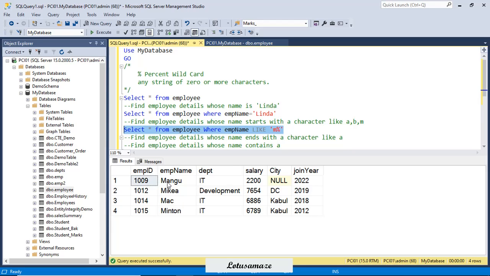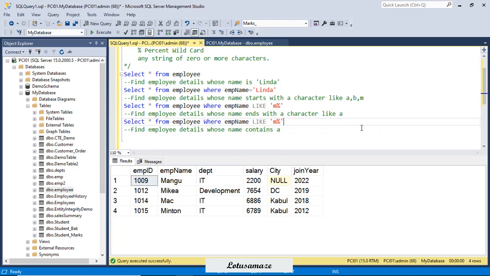Now the second query is: find employee details whose name ends with. This time, ends means the last character should be whatever character we specify. This time I have to change the position of the wildcard character.